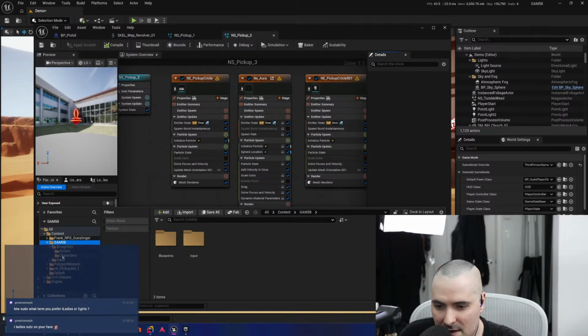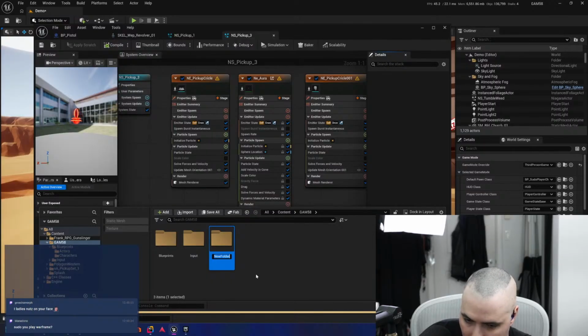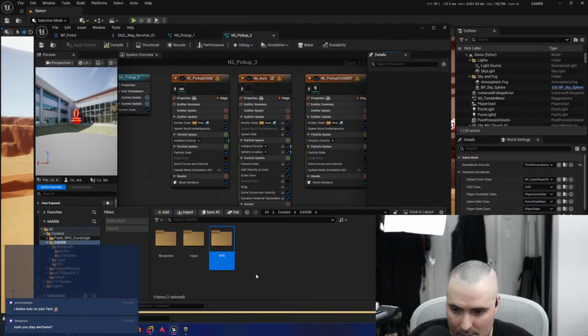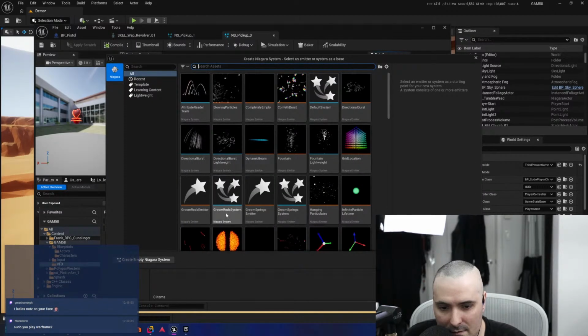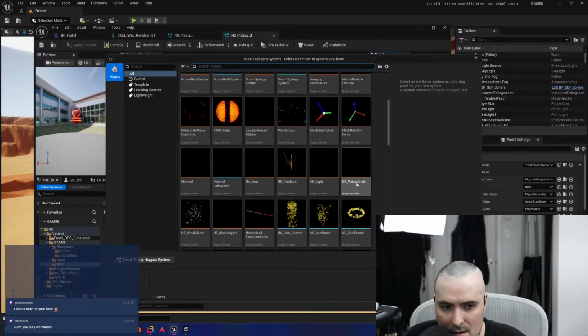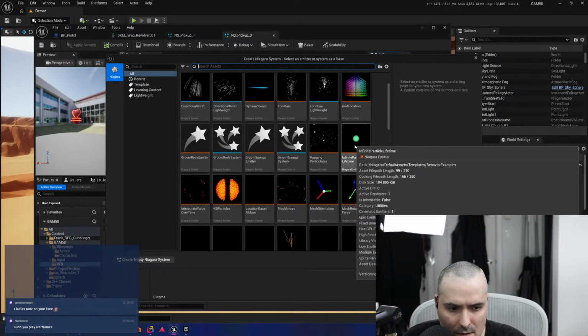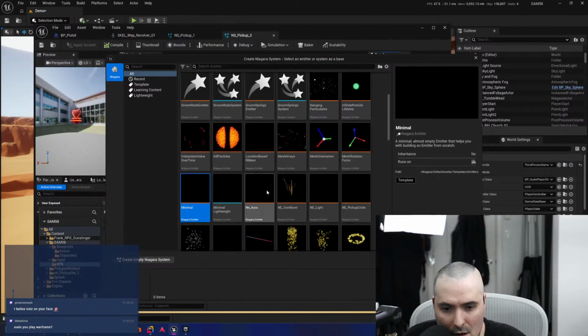We're gonna notice that I thought I created an FX folder. There's our VFX folder, and then we're gonna come into here and we're gonna create a Niagara. Okay, so we're gonna build from scratch here. No template.